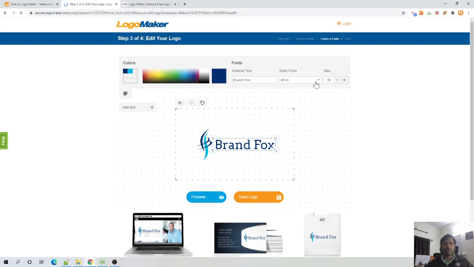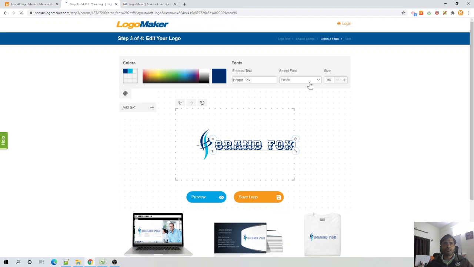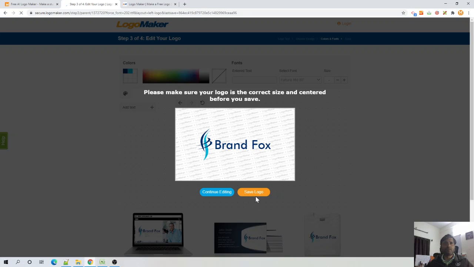If you want to change the font, basically you have to go here and change the font one by one to see how it looks. Okay, I can't click outside, but it's okay. So let's select this one again and see the other font. This is too decorative, so I will keep, let's say this one. Yeah, so this looks nice. Now select the icon. Icon we can't change much, so icon is icon. Now we have to click on save logo to save it.